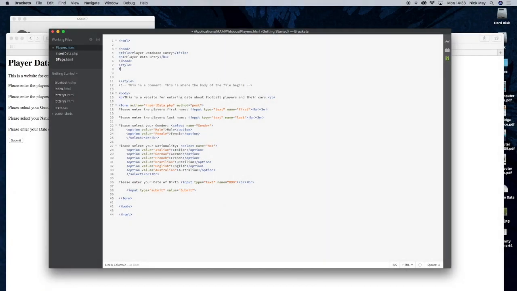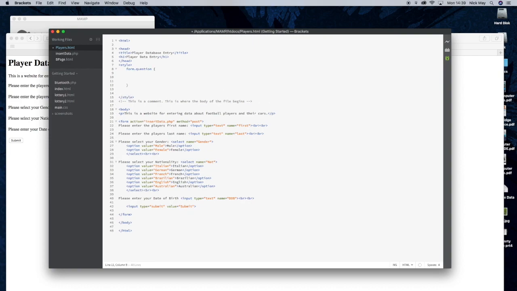So what I can do is write form, so in the form area, dot, and I want to change the questions. So I'm going to write question. And then I'm going to start making a few changes in this area. Now, to do that, I need some curly brackets, which on the European keyboard is Shift, Alt, and then the square brackets, and that'll give me two sets of curly brackets. Drop a couple of lines down, and let's just change something simple to start with. Let's just change font-size. So I write the word font-size. As you'll see with Brackets, it comes up to help me. So I'm going to choose font-size, it puts a colon in, I'm going to write large. And then I'm going to put a semicolon to end,